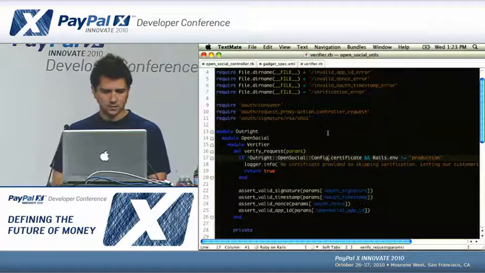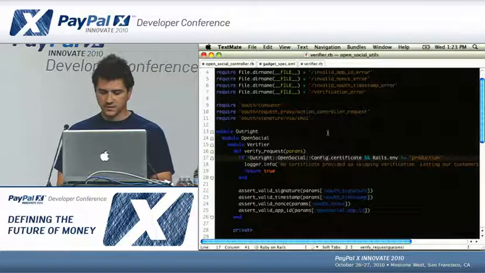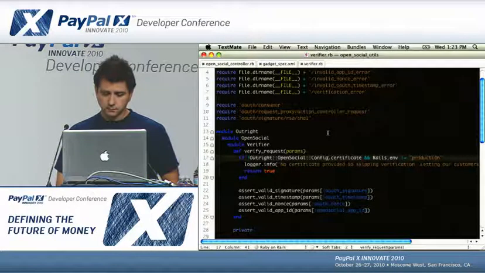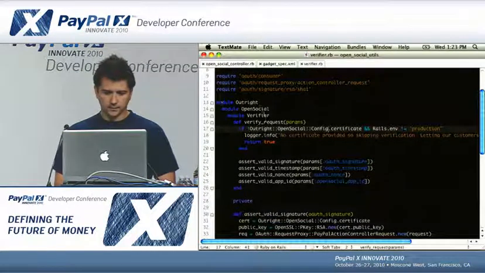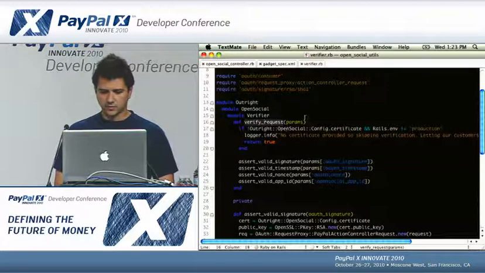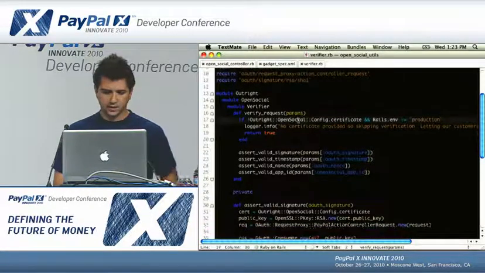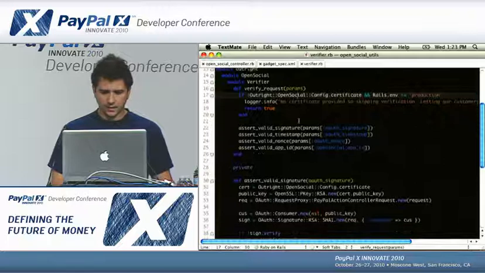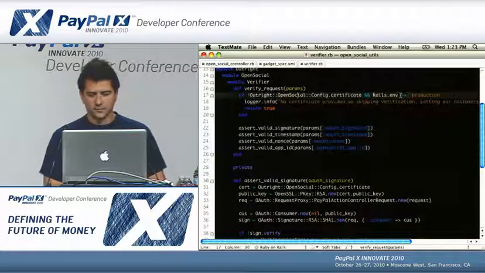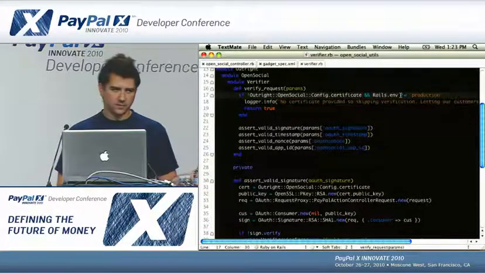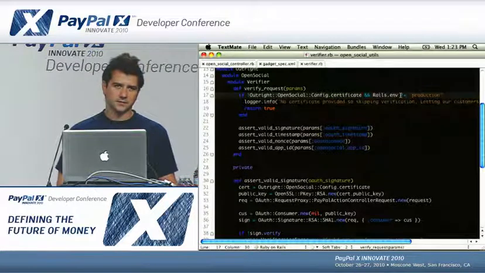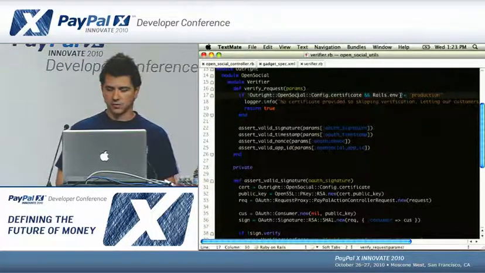Cool. So this code is 100% reusable. It's also on GitHub. There's this method called verify request, which you get params. And right here, what we're doing is checking, pretty much, if we're not in production, we don't check signature verifications. That way you can spoof requests in development and on